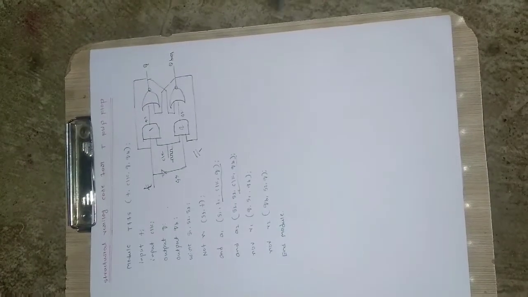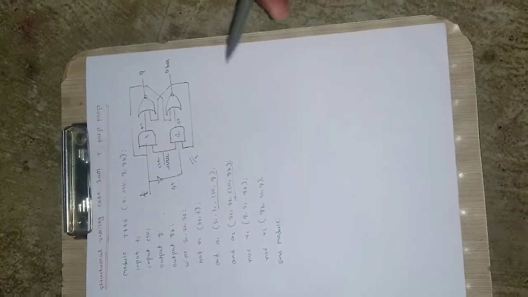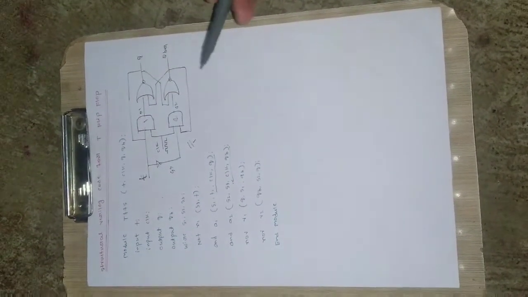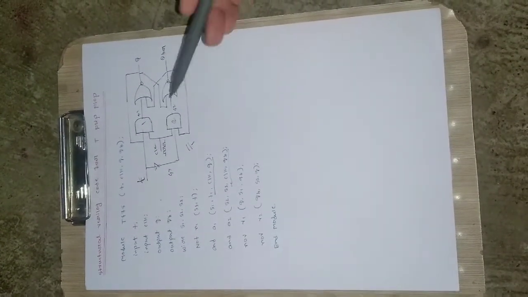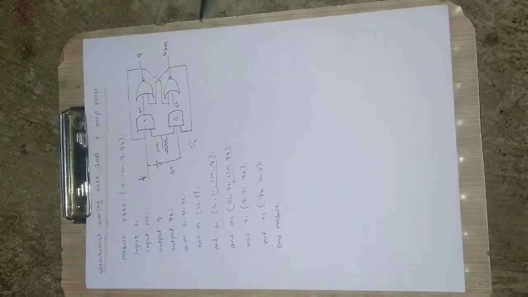You can observe how easy it is to write this code if you know the gate level representation. You can take any example, then you just need to write the gate level representation, and then whatever is required you just define it here. It is 100% working, guys, and I have executed all those codes.